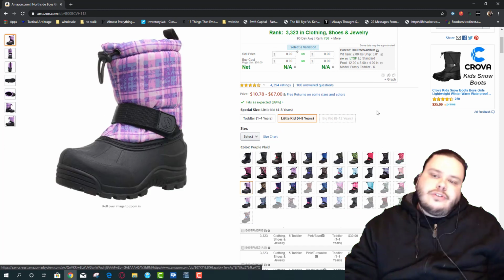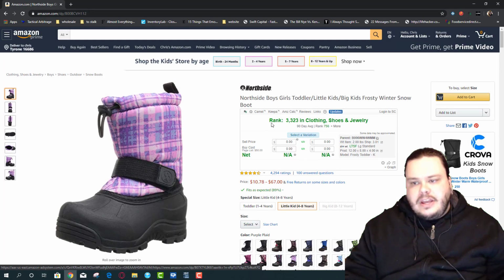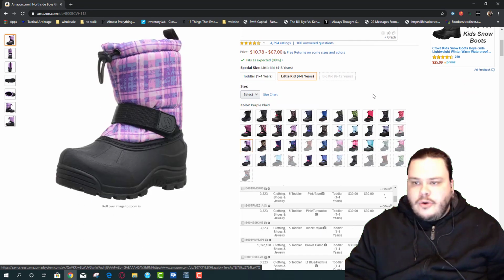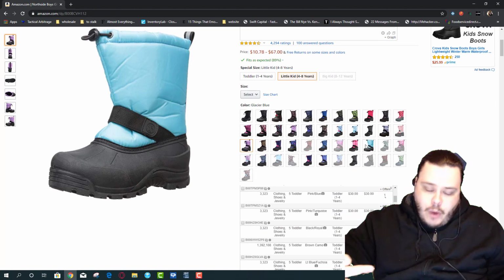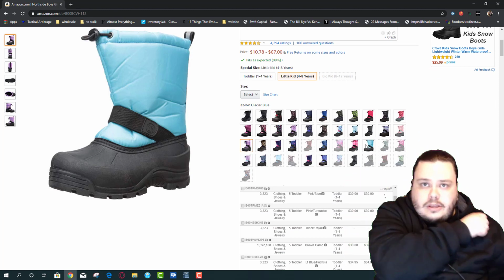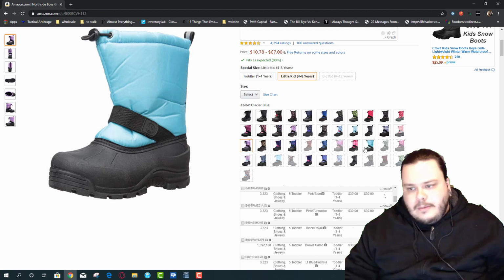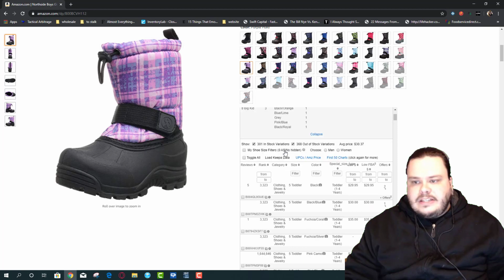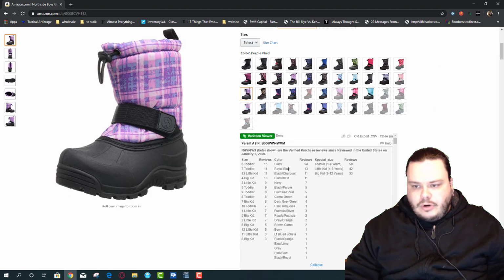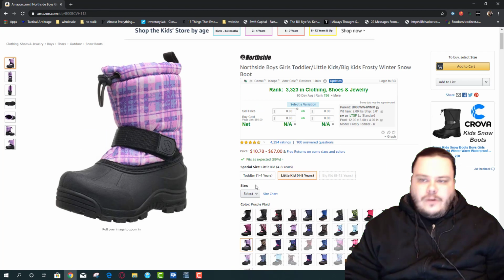They sell stuff. So every day, on average, this is getting 200 sales, and that rank is 3,300 in clothing, which would probably be a couple hundred. Now, of course, in the summer, this is not going to sell as well. In the summer, I definitely expect fewer sales, 50 a day or 25 a day. But in the winter, this is probably selling hundreds a day. And if we were able to sneak in on this and get in the black, royal blue, these colors that sell really well, and the sizes that sell really well, all day, every day.